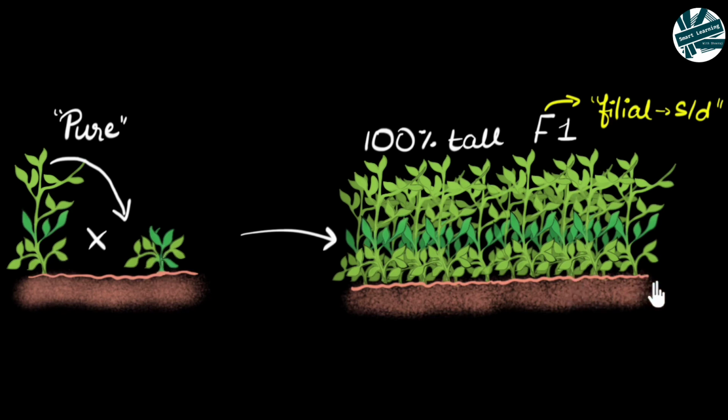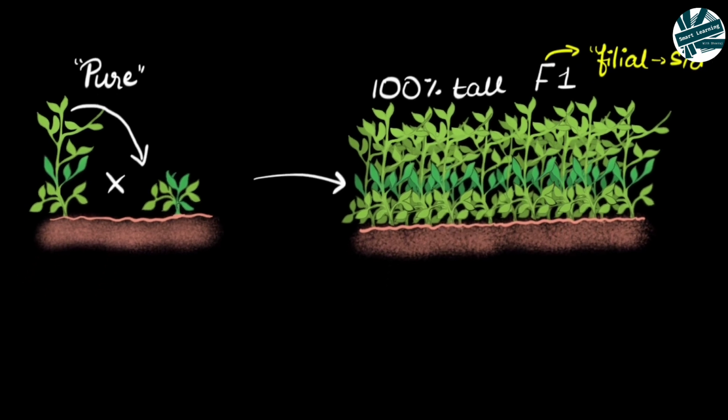So he didn't stop over here. He started asking questions. One of the main questions he was asking is, are these tall plants the same as the parent tall plant? They look the same because they have the same height, but are they really the same? Is this also a pure tall plant? That's the question he started asking. And to answer that question, you know what he did? He did another experiment. What he does next